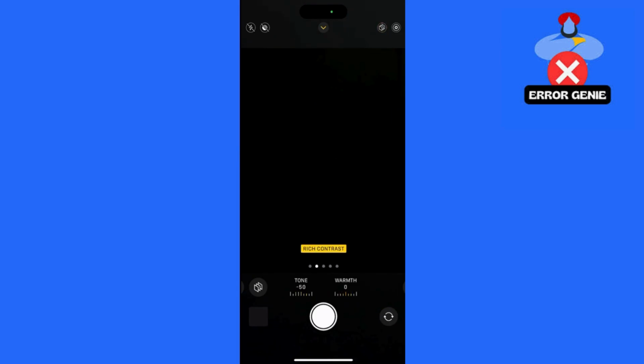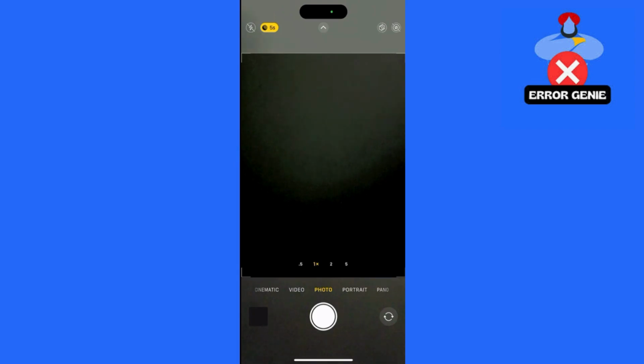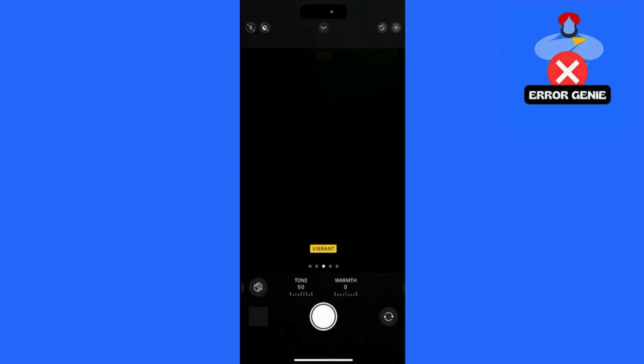Step 4. Capture with Vivid filter. Now, every time you take a photo, the Vivid filter will be applied by default. If you'd like to switch it off or change styles, you can easily toggle it back in the camera settings. That's it. This setting will automatically apply the Vivid filter each time you open the camera, giving your photos more